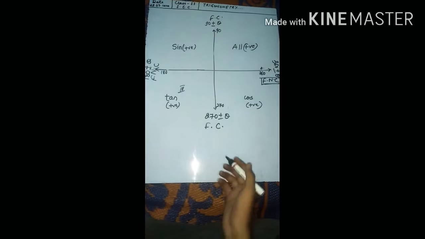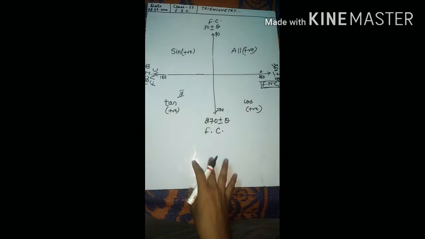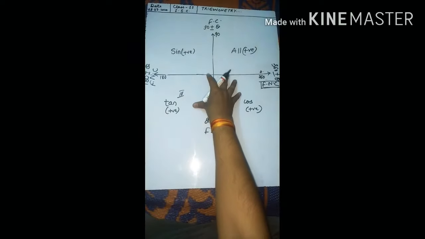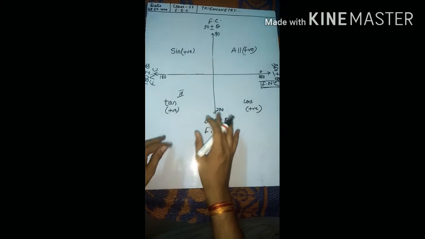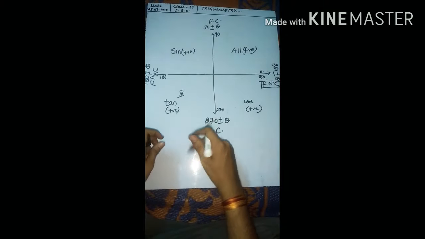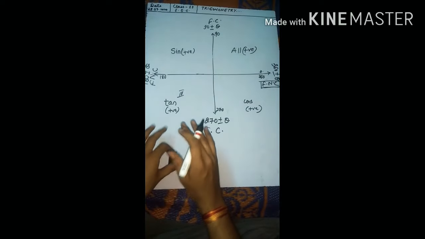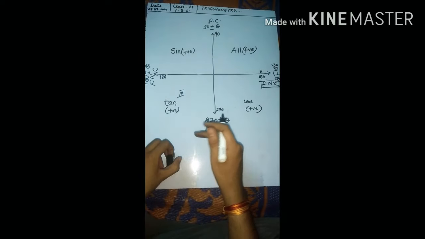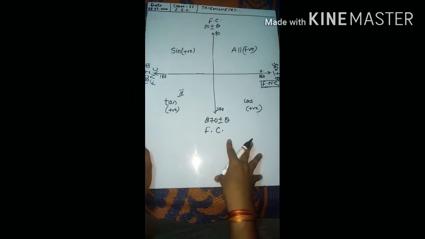Okay, now I am going to ask you some questions. I'll write the question here, that means conversion questions. You make this graph in your copy, write all these things, keeping in mind the theory which I have explained. You won't get this explanation in any book, the way I have explained it here in the video, because this is one trick I have shared with you, a trick to solve such types of questions.